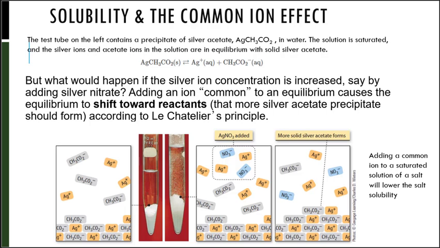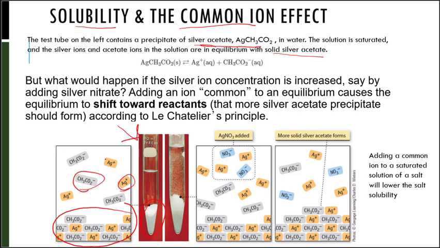The next part of this section, we're looking at the solubility and the common ion effect. The test tube on the left contains a precipitate of silver acetate in water. The solution is saturated, and the silver ions and acetate ions in the solution are in equilibrium with the solid silver acetate. We can see here's our solid silver acetate, there's our precipitate, and we've got some silver ions and